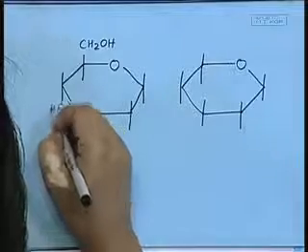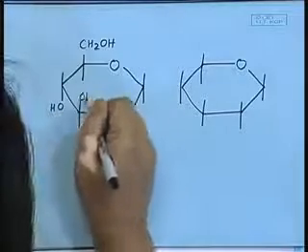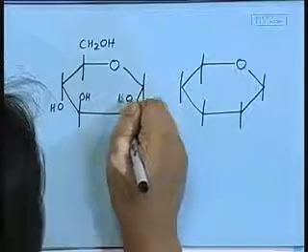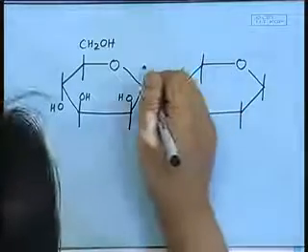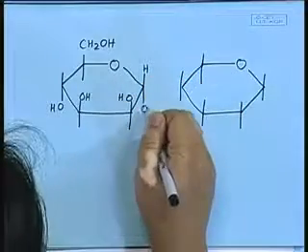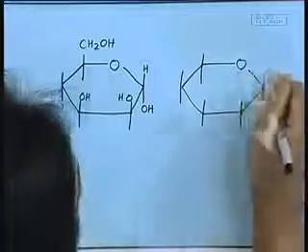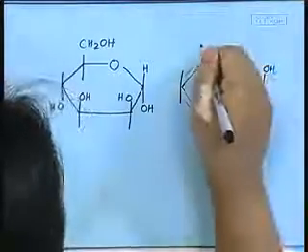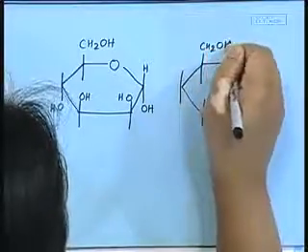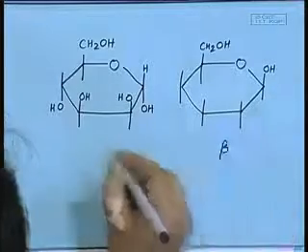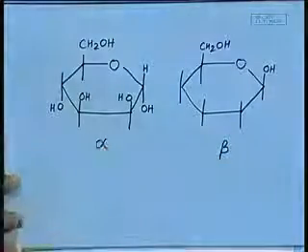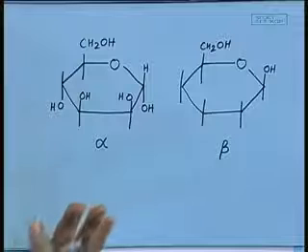We have our OH here, one OH here, one OH here, and this OH we know can be either up or down, right? If I put it down, it becomes alpha. If I put it up, it is beta. Okay. So, I am not drawing the other one. So, this is our beta, this is our alpha. Okay. Now, if I form a